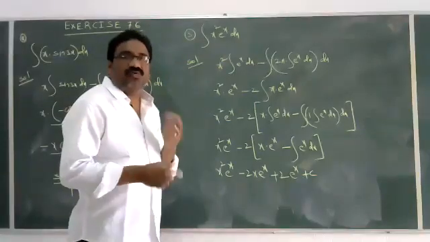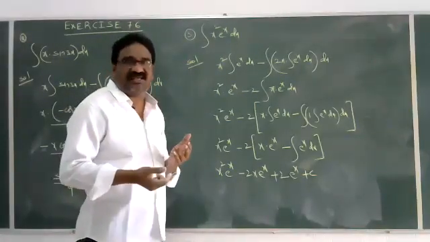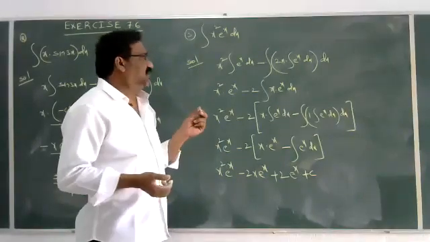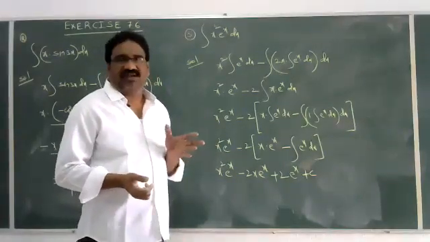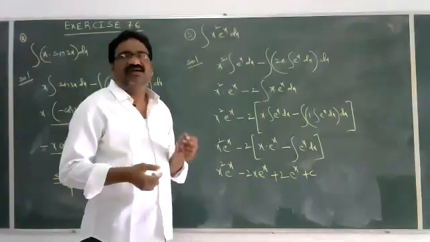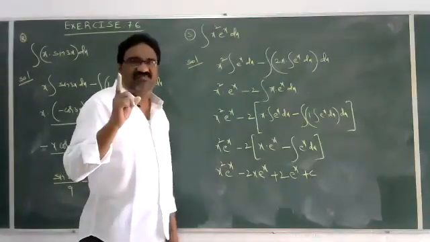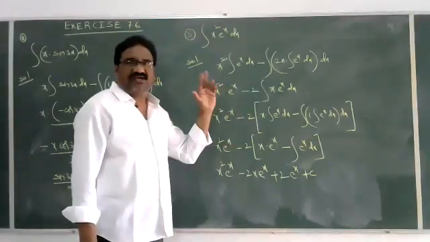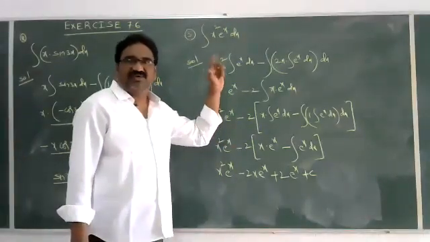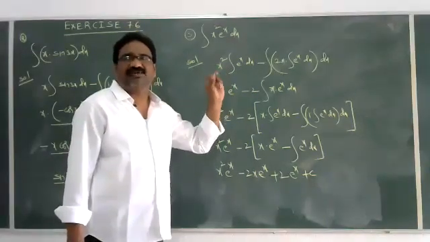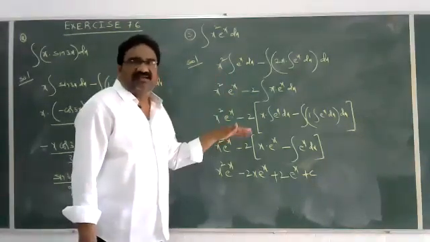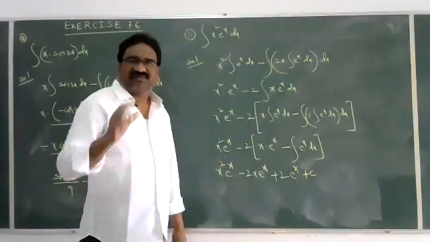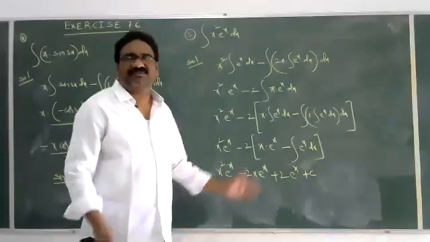But in objective questions, we have some important formula. We can't remember that formula's name, but you can use that formula in a simple way. You get the answer in one step. In objective cases, I can do that type, by using that formula in a single step. But here at PUC level, if x square is given, you go for 2 times. If x cube is given, you go for 3 times by parts formula.